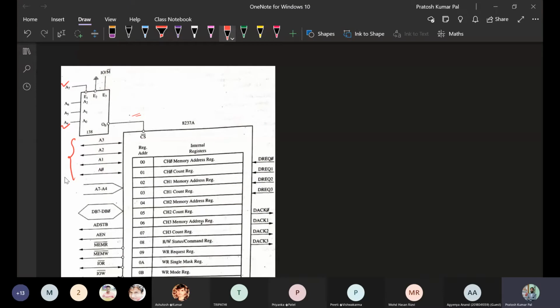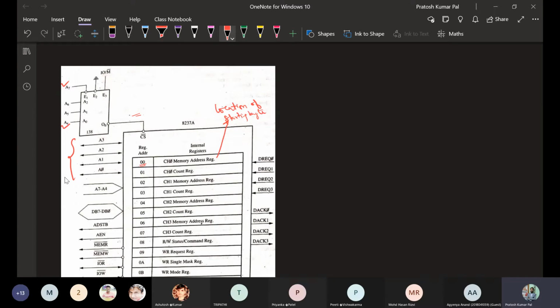In those registers, if 0000 is there, then that will indicate the channel 0 memory address register. Memory address register basically indicates the location of the starting byte of the data that should be copied to the external device or peripheral.